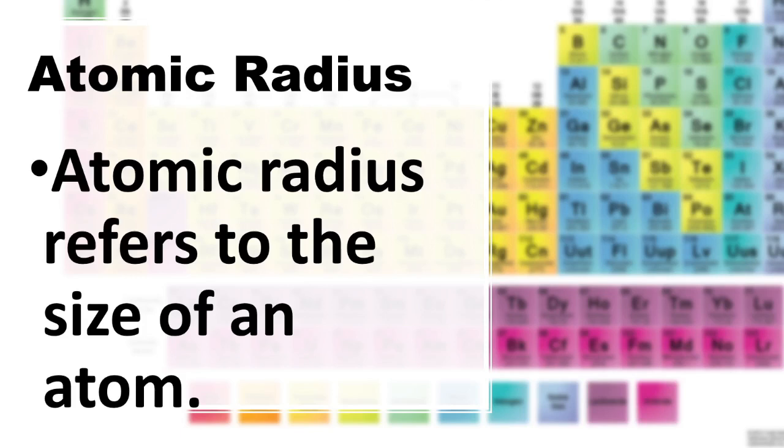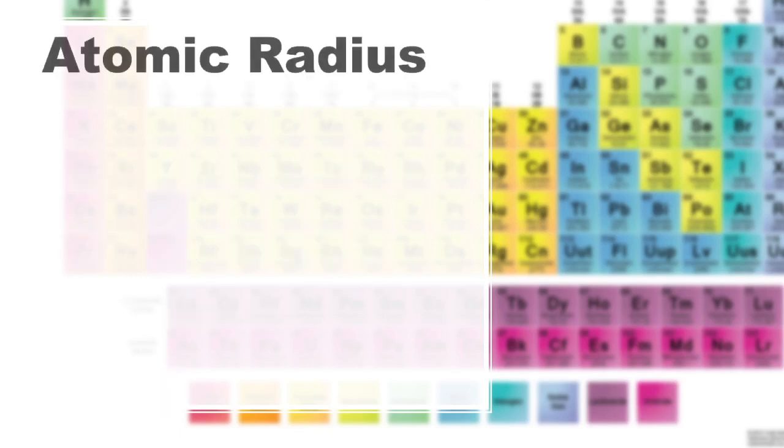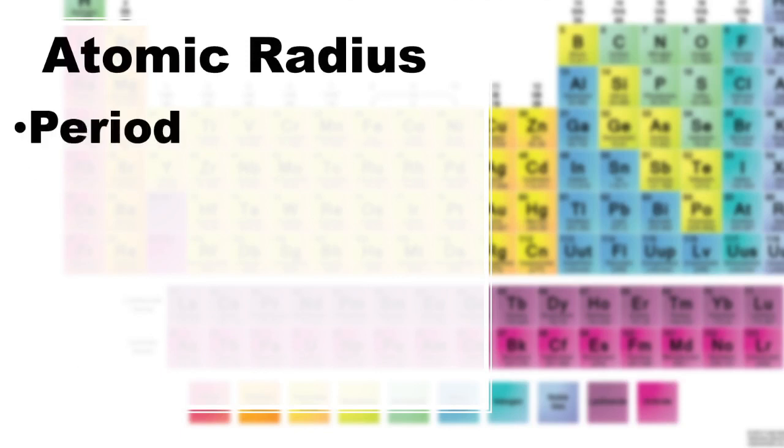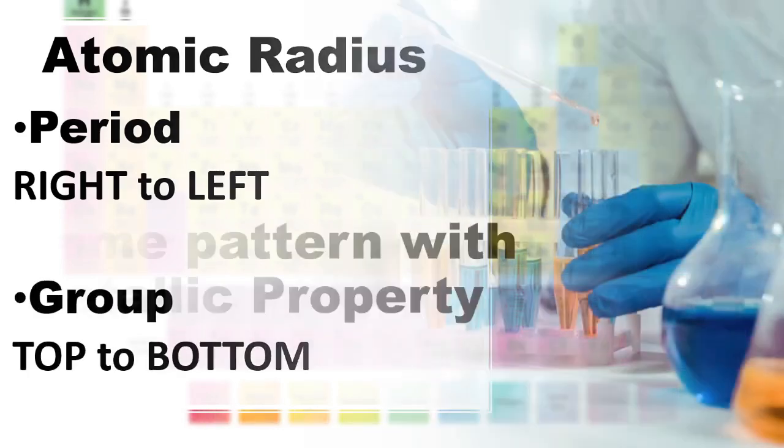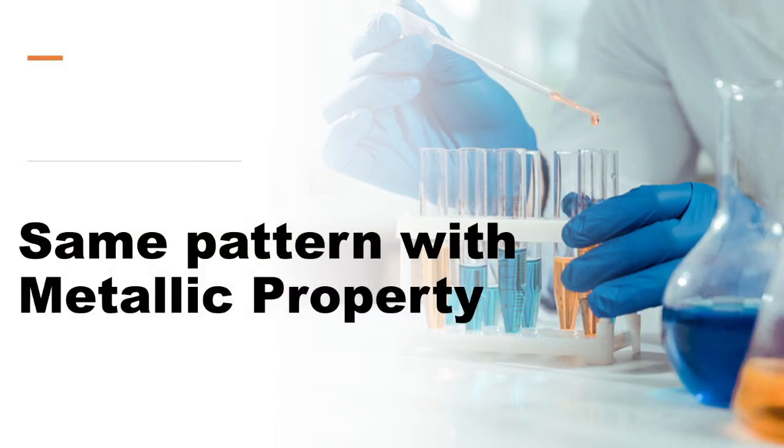Atomic radius refers to the size of an atom. Atomic radius, the pattern is from period, right to left, and for the group, top to bottom. This is the same pattern with metallic property. The next pattern or the next periodic trend is